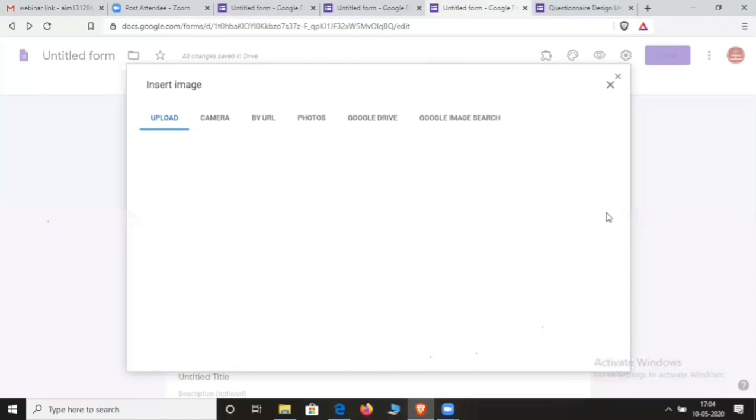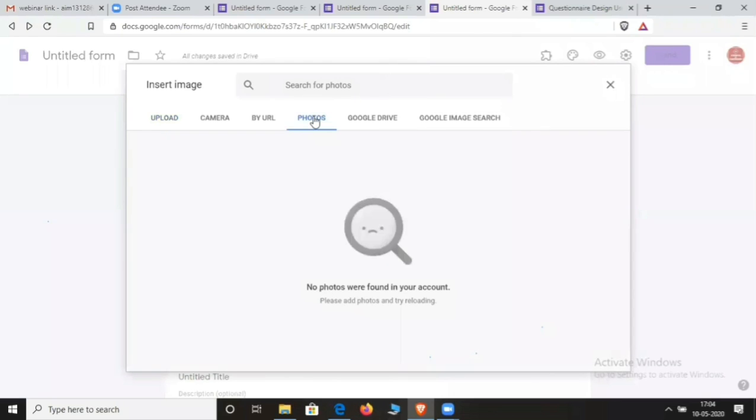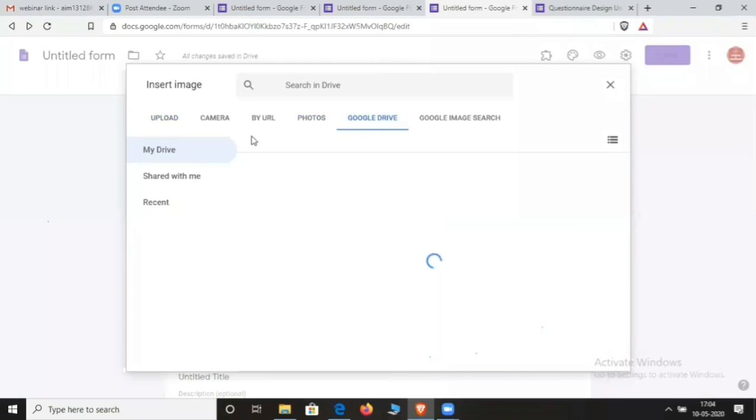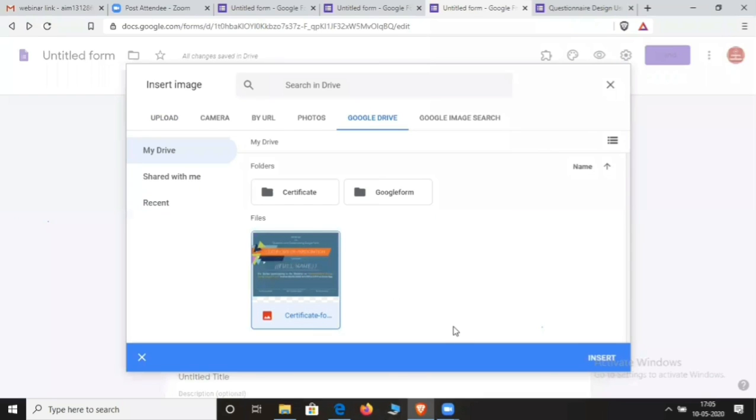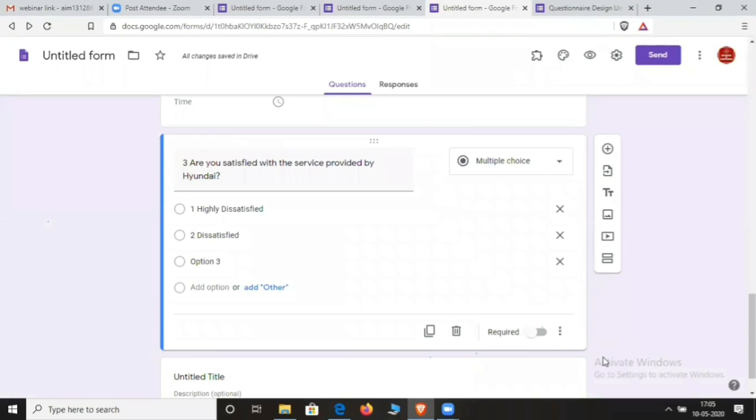Click on the add image option, and upload the photograph. Basically, I don't have any photograph. If you have any photo, yeah, I have. So suppose this is your photograph, okay? So now you can insert this in your questionnaire.